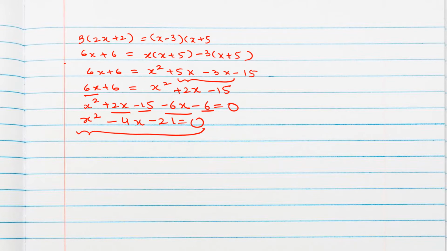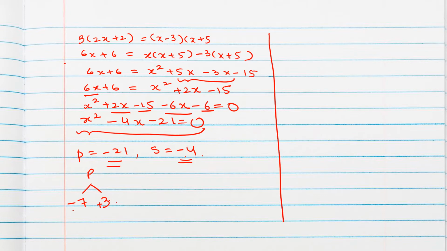Now in the problem they won't mention in the question which method you should apply: factorization, completing the square method or formula method. So you can choose any one method in which you are comfortable to solve. Suppose here the factorization method will be easy because the product should be minus 21 and the sum should be minus 4. So we will take minus 7 and plus 3. Why? Because minus 7 into 3 gives product minus 21, and minus 7 plus 3 gives sum as minus 4.